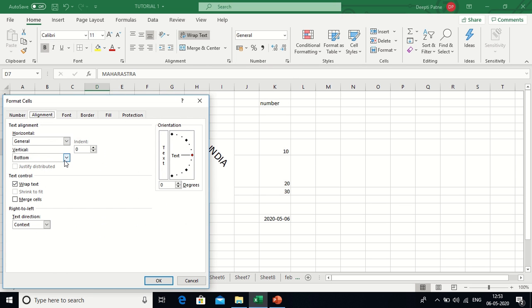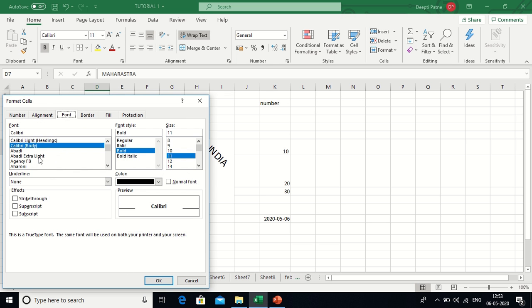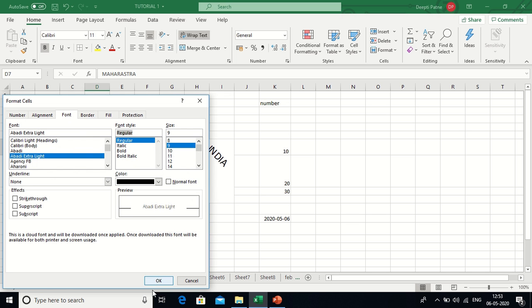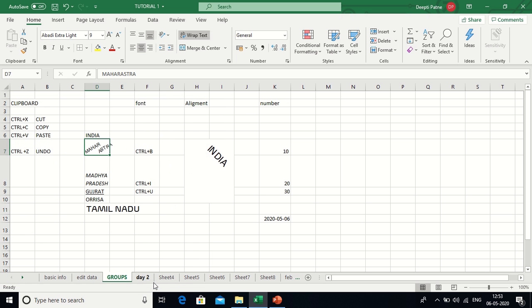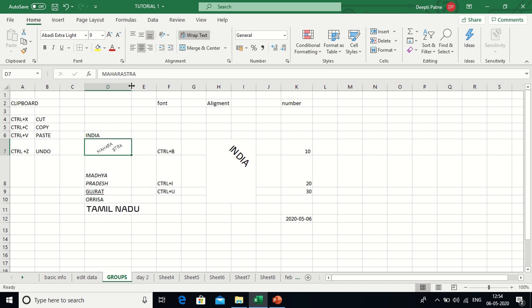If you want to select the direction of it, that is a degree, you can select it. If you want to change the alignment, such as central alignment, you can do those changes. Similarly with the font, you can select the font, the size of the font, the font style, and you can say OK. Okay, so this is how things are arranged there.